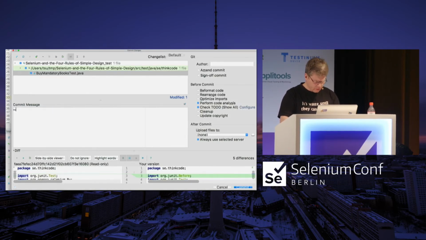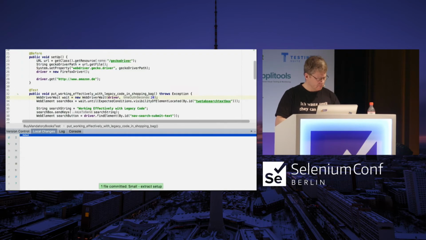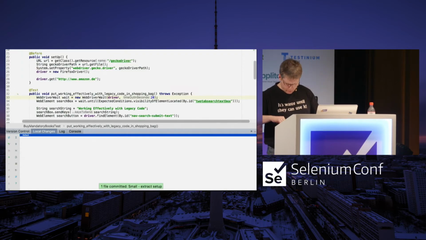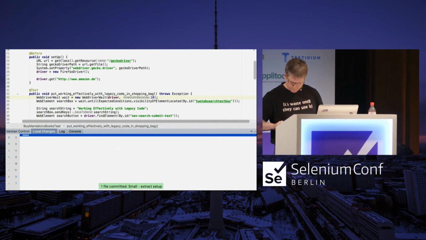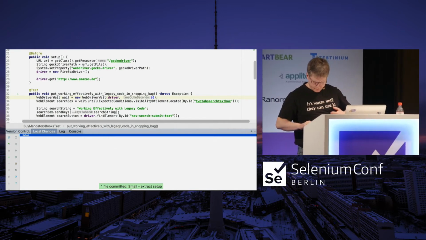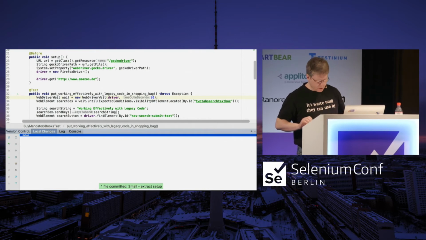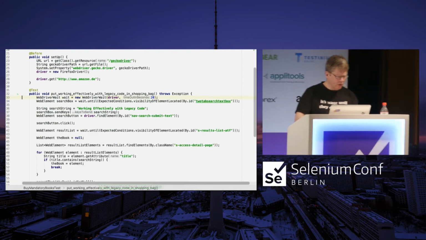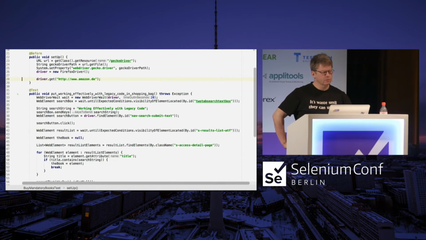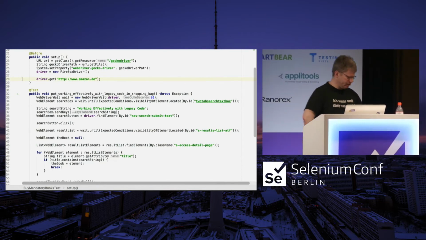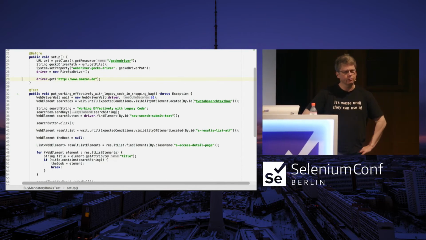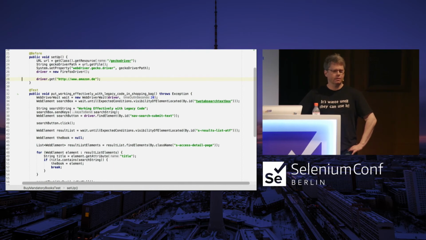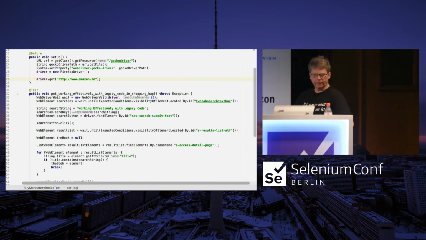So let's call this one small, extract setup. Right. One thing that bugs me, or I'm getting, not irritated, but I think it could be better, improved, is the name that exists for the driver in this case.